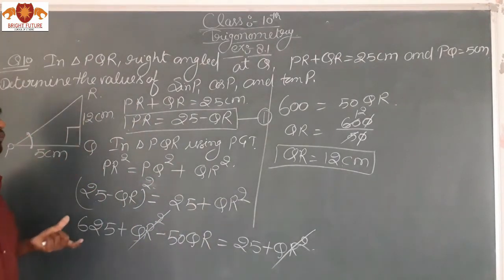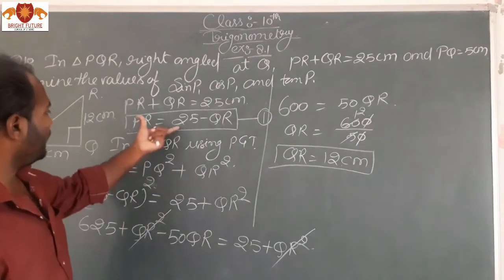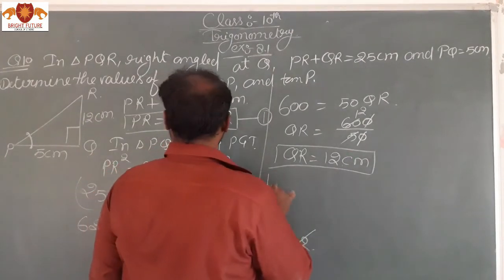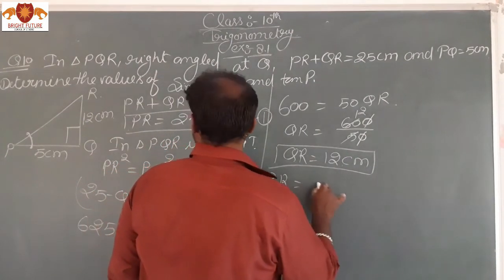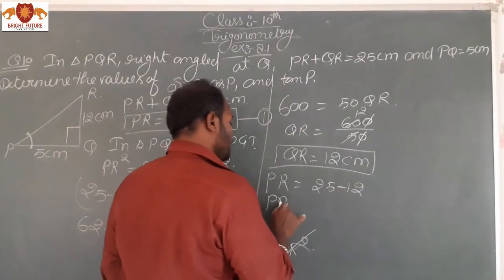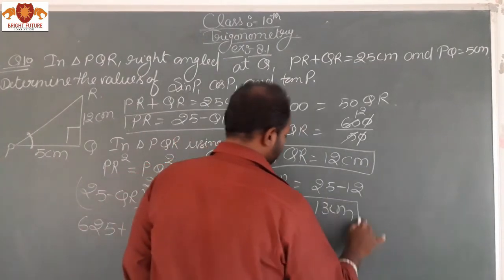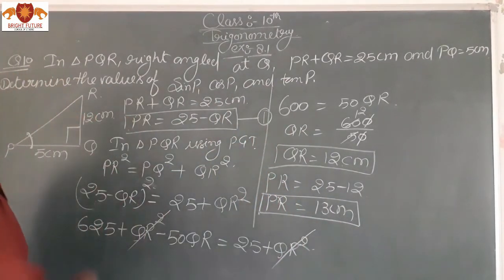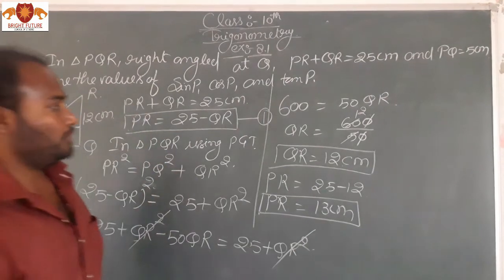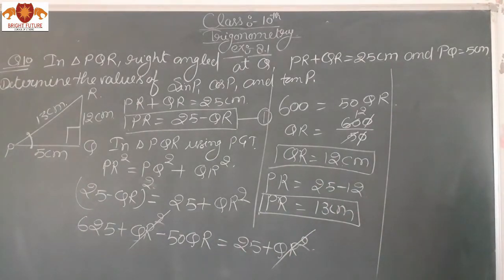Now अगर मैं PR की वैल्यू फाइंड आउट करना चाहता हूँ तो अगर वापस से इसमें पाइथागोरस थ्योरम लगाऊंगा, ठीक है, तो उसमें कोई सेंस नहीं क्योंकि क्वेश्चन फिर से बड़ा हो जाएगा। सो अगर मैं PR की वैल्यू फाइंड आउट करना तो इक्वेशन नंबर 1 की यूज करूंगा। फ्रॉम इक्वेशन नंबर 1 आई कैन क्लियरली सी दैट PR इज इक्वल टू व्हाट, 25 माइनस QR, QR इट मींस 12, सो आई विल गेट दैट PR इज इक्वल टू 13 सेंटीमीटर हियर, ठीक है। तो PR इज इक्वल टू 13 सेंटीमीटर।